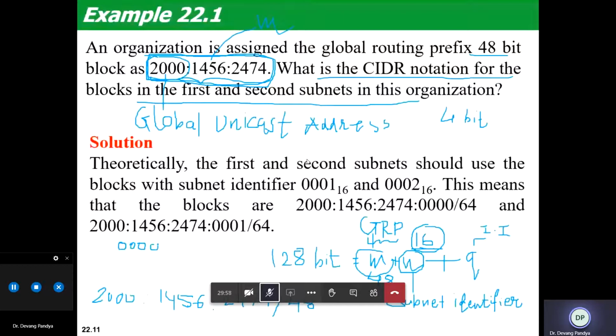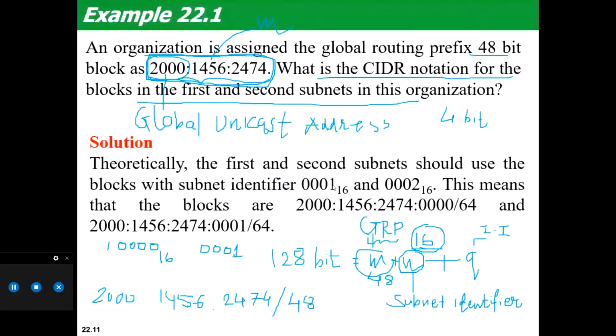So I'm making my first subnet, that is 0001. And in this, the first subnet, the second subnet is 0002. Okay, like this.